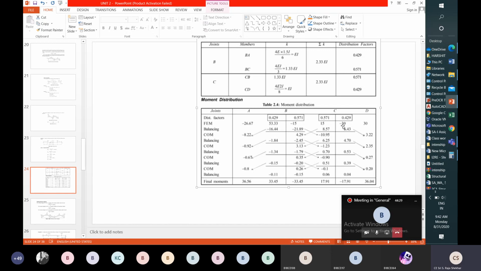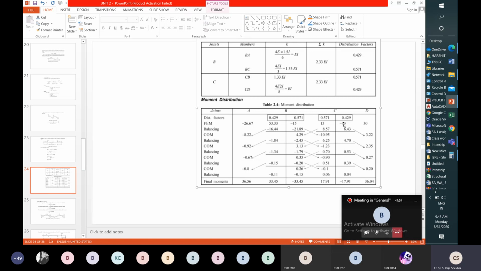So according to the joint equilibrium condition, sigma MC is equal to 0. That is our joint equilibrium equation. Sigma MC అంటే moment at C must be equal to 0. Moment at C అంటే ఏంటంటే ఏమొస్తుంది ఇక్కడ? MCB plus MCD is equal to 0. మరి MCB ఎంత వచ్చింది? ప్లస్ 15. MCD ఎంత? మైనస్ 30. ఈక్వల్ టు 0 అవుతుందా? కావట్లేదు. కాబట్టి ఏం చేయాలి? ఇక్కడ there is an unbalanced moment.